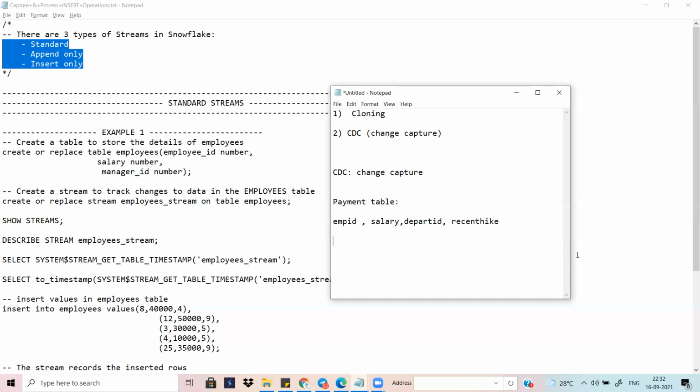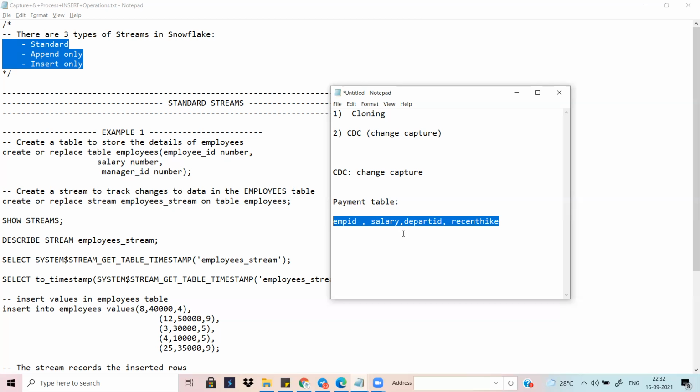So finally, your business is going to look at this table to get the details from here. If I want to know this employee ID's information, I need to query the table. What is his latest salary? Which department is he working in? When did he get the recent hike? Those details the business will get from this table, right?